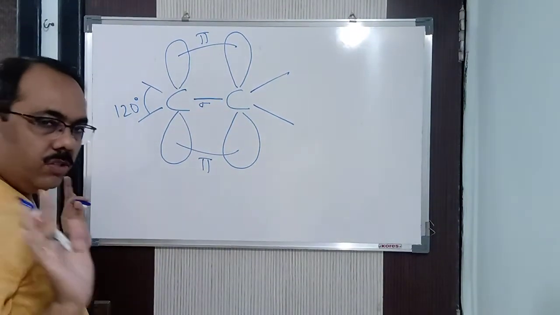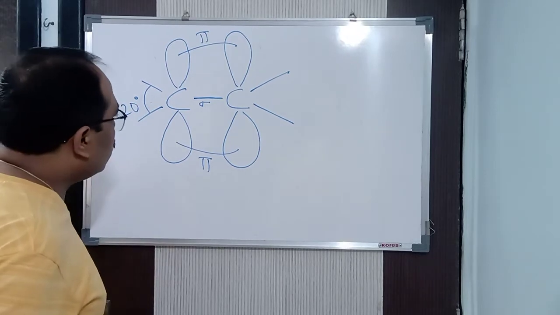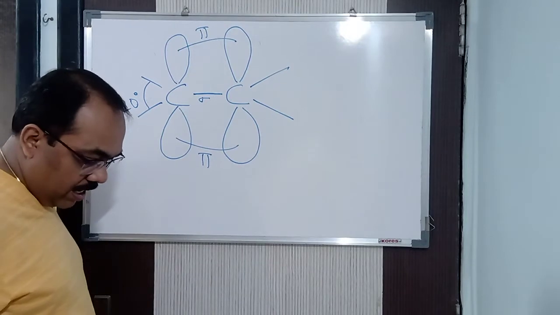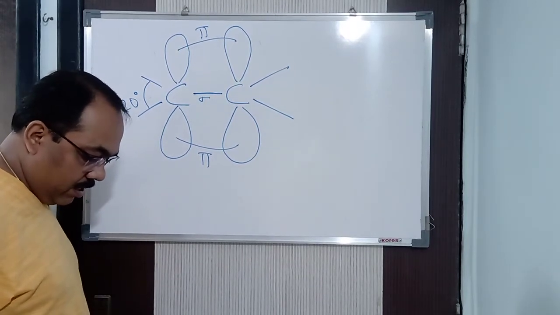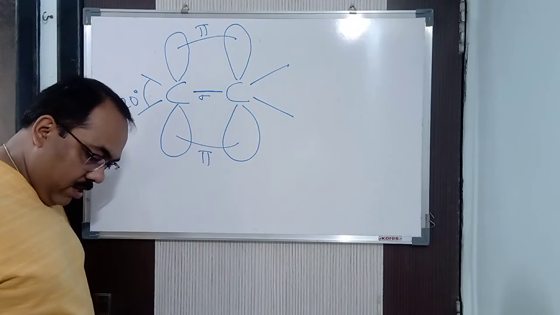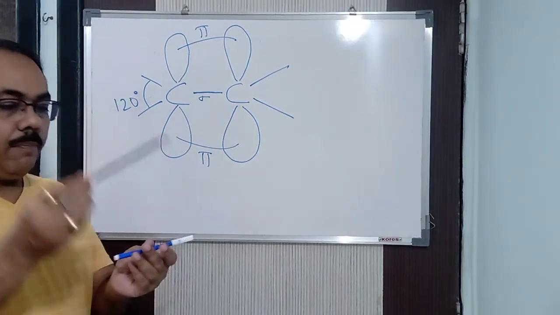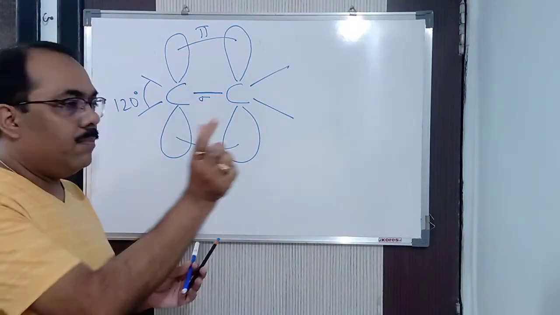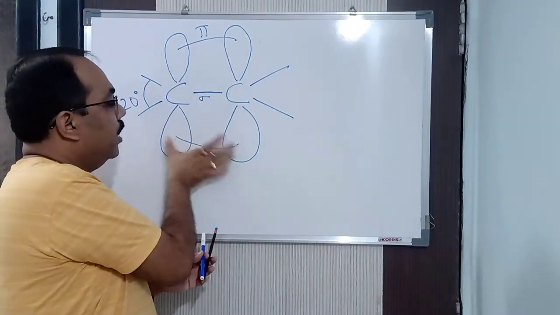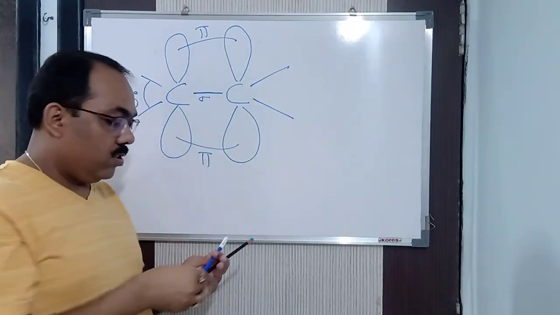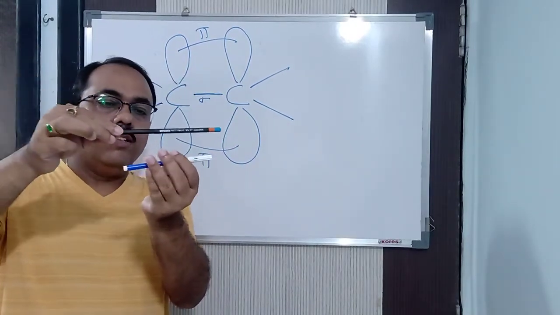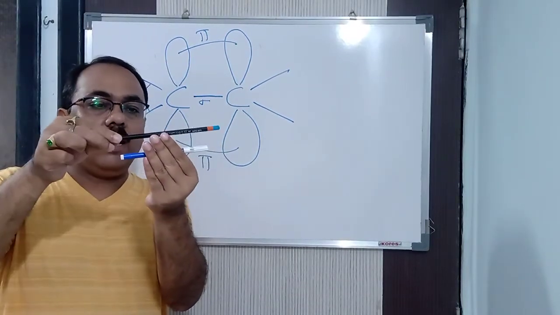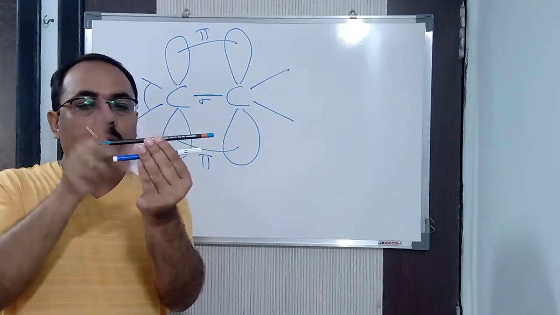Clear now? Understood? I will show you the sigma bond and pi bond with the help of a pencil and a pen. I have borrowed a pencil and a pen from my daughter, and I am going to show you. Now, always the sigma bond is smaller and the pi bond is bigger. So let us say this is your pi bond and this is the sigma bond. Here the carbon and carbon atoms will be there with the sigma bond, and you can see the lateral overlapping of the pi bond.